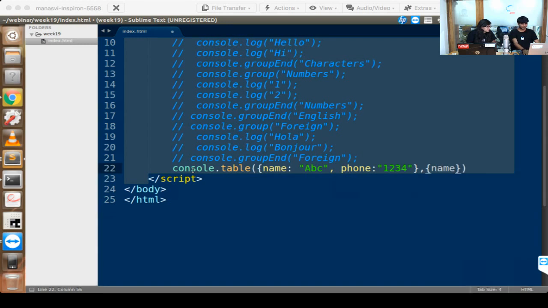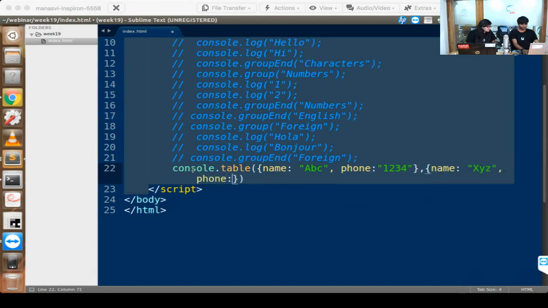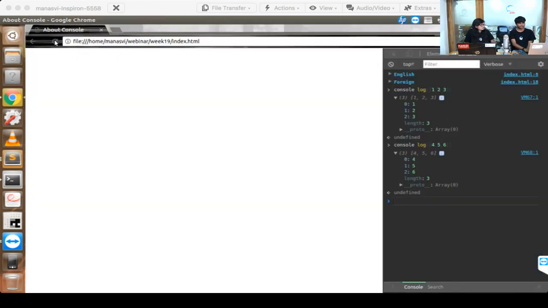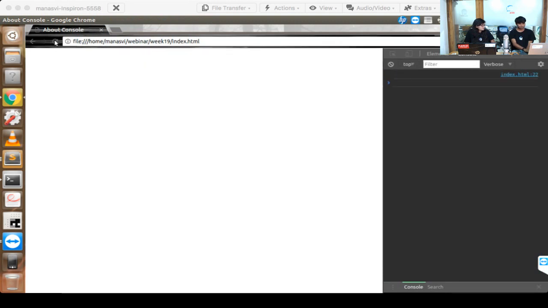In the second one, we have similar properties. Say the name is XYZ and phone is 9876. Now if I save it and refresh my console,